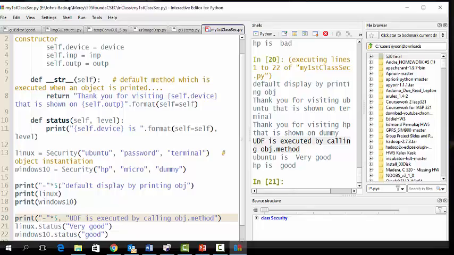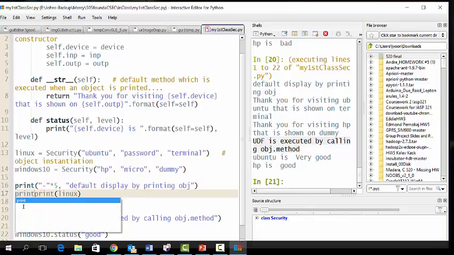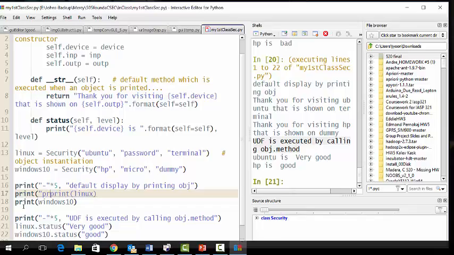And then Windows 10. I would do it like this. It looks very funny, but